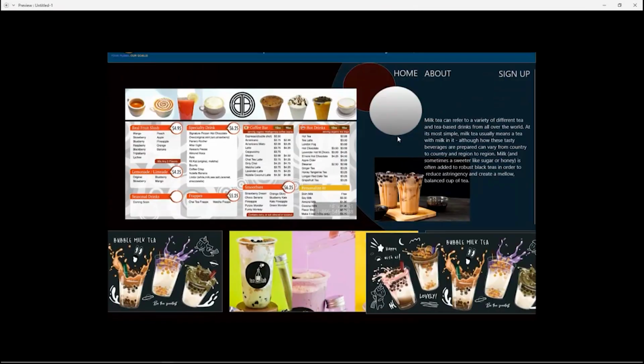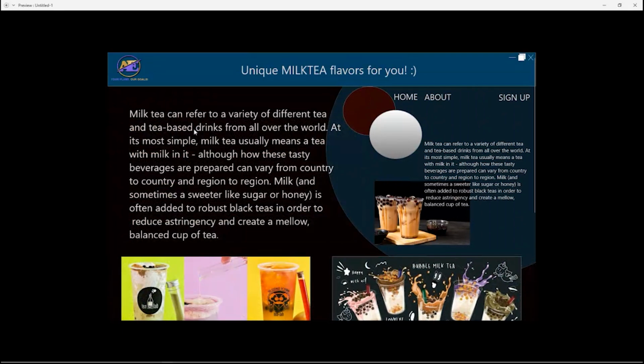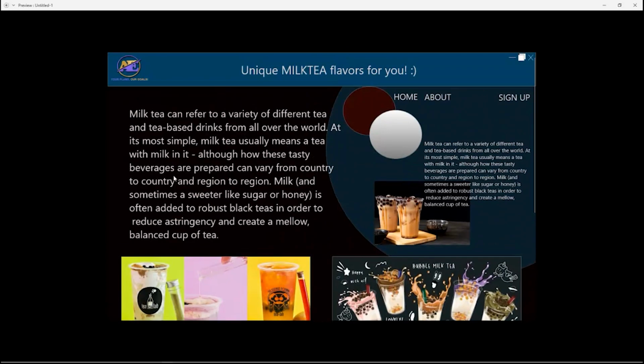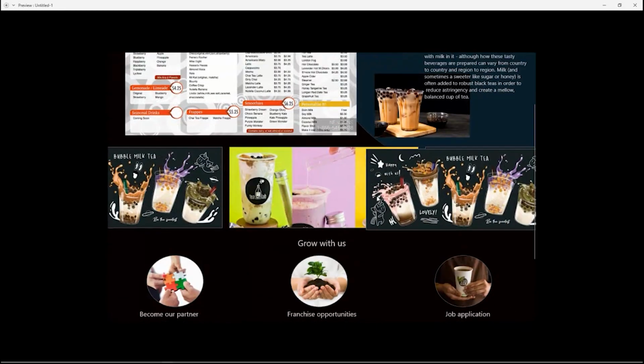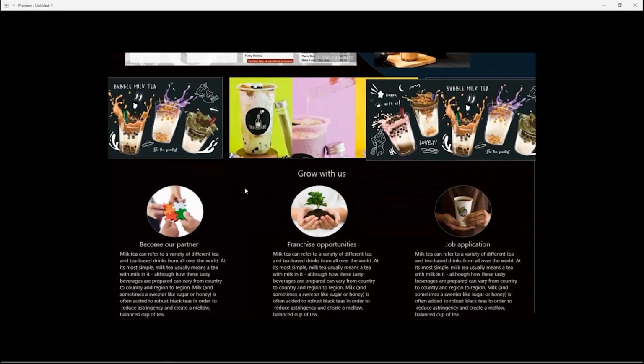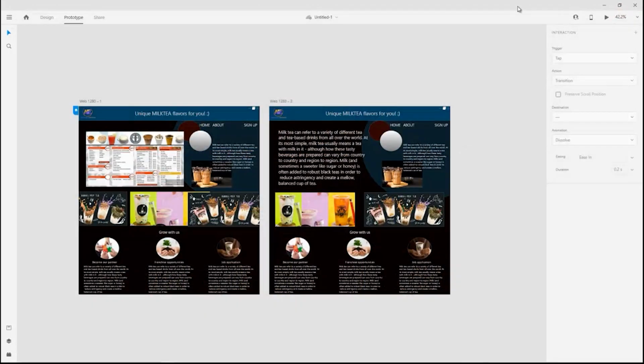Maximize natin. So, this is our artboard. Kung i-click natin itong home, diba? Nakita niyo yung pagbabago niya. Pumunta siya sa second artboard. Then, pag i-click ko na naman itong about, pumunta siya sa kabila na naman. So, nakagawa na tayo ng isang website na design. Okay, ngayon, turuan ko naman kayo kung paano siya i-export to